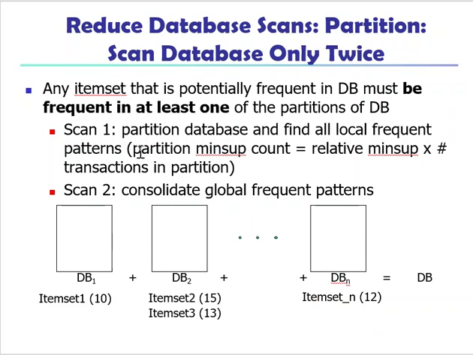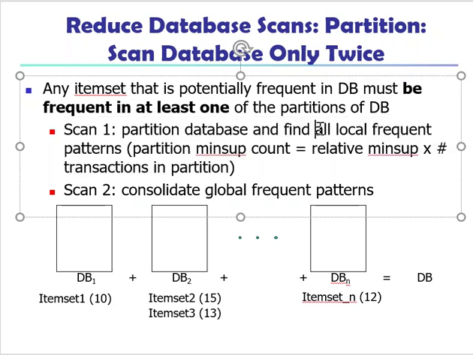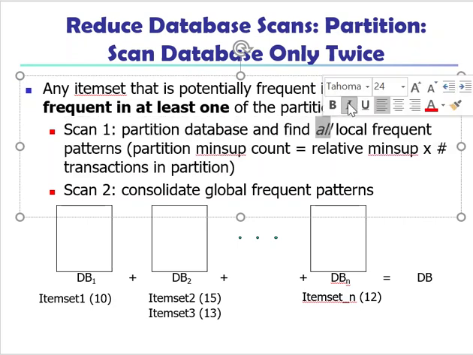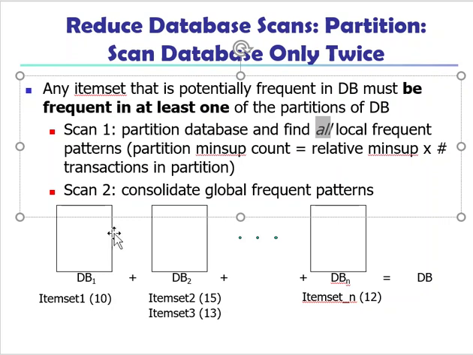For every part, we adjust the partition's minimum support count by the number of transactions it has in this partition. Then we find all local frequent patterns, no matter the length, in each of the partitions. The key observation that we have is, if an item set is frequent in the entire DB, then it must be frequent in at least one